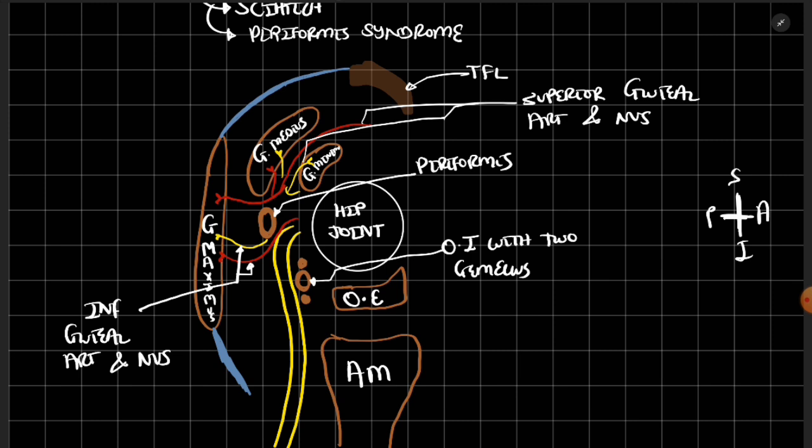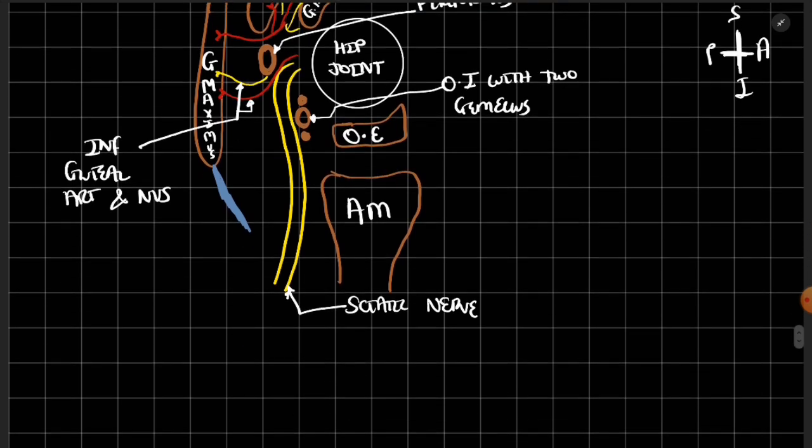So this is the arrangement of muscles, the piriformis, the structures above the piriformis and structures below the piriformis. These are very important. For seeing the structures above and below the piriformis, this figure was important. Okay, now coming downwards,